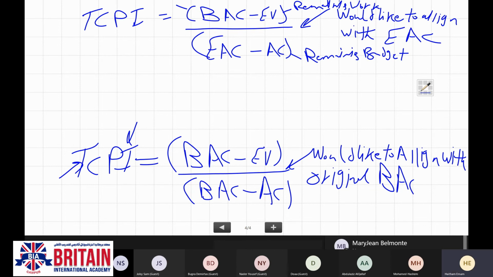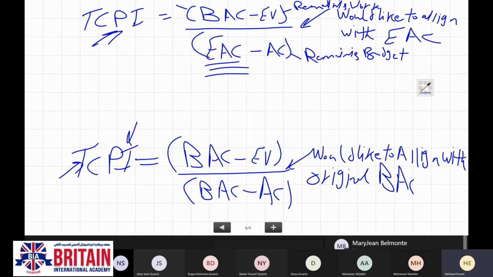I need each one of you to use this formula to give me the complete performance index. We are going to use this formula because we would like to align with the estimate at completion.